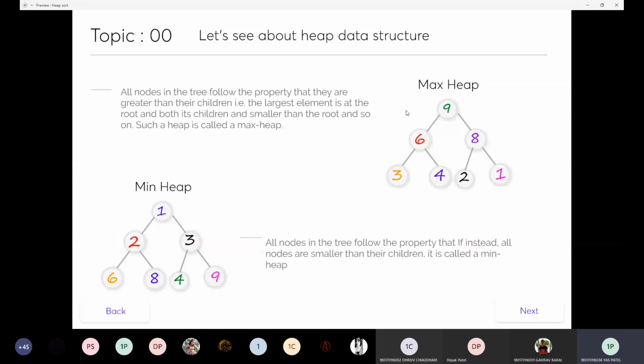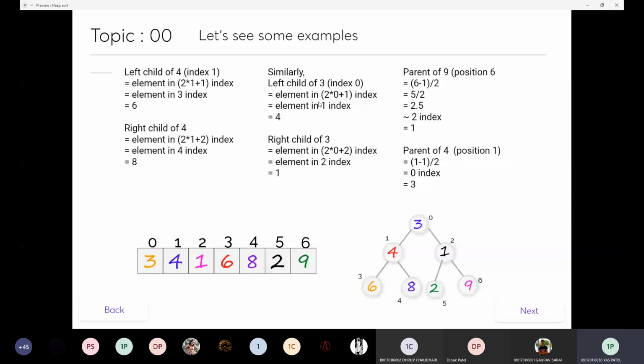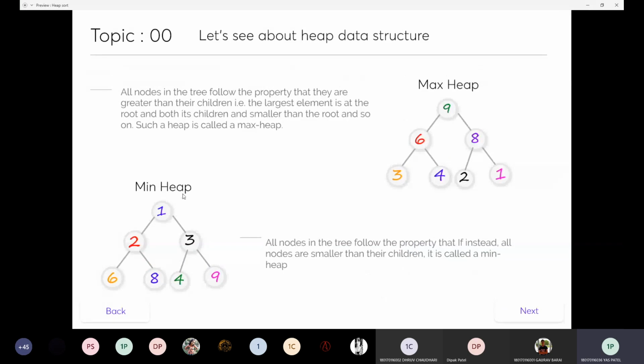So this is the property that we are going to use: max heap and minimum heap, and the left child, right child, and parent. So this is how we can count them. Throughout heap sort, we just consider the max heap for this presentation.